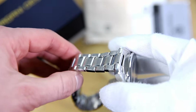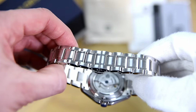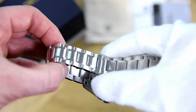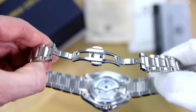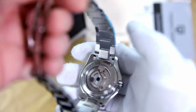The bracelet is held together with push pins, which isn't unexpected at this price point, but something to keep in mind if you are planning to resize it yourself. And the clasp, it's a butterfly clasp, symmetrical, sleek, but lacking micro adjustments or half links. That means dialing in the perfect fit might be a bit tricky unless the default link spacing just happens to